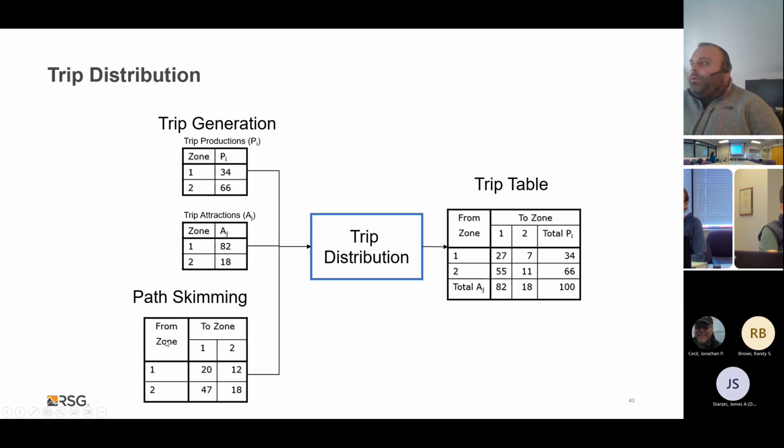So when you're looking at origin destination matrices, or production and attraction matrices, typically the rows are going to be the from zone, and the columns are going to be the to zone. So we take both the information from the trip generation model along with this path skimming, our cost impedances, or the travel time between zone to zone pairs. We put it into the travel demand model, and that's going to give us the attraction of trips, right, from each zone to each zone. So from within the zone and to each zone. And then you can see that these all add up to each other, so they're concurrent, or they're balanced.